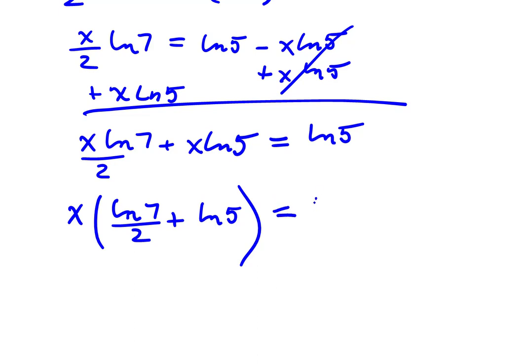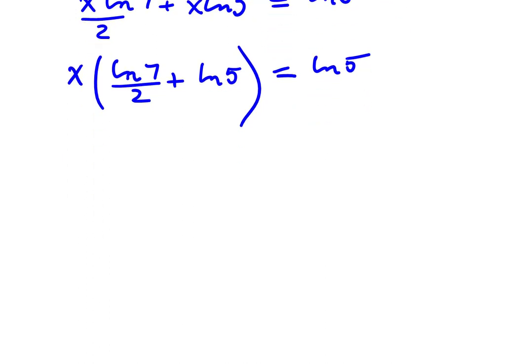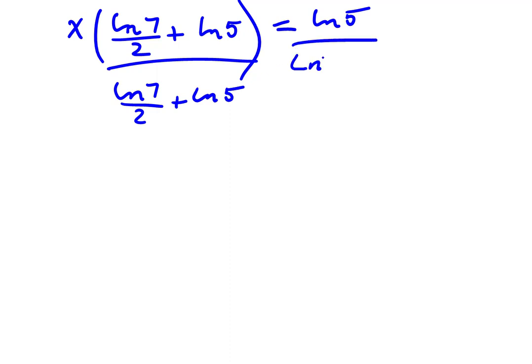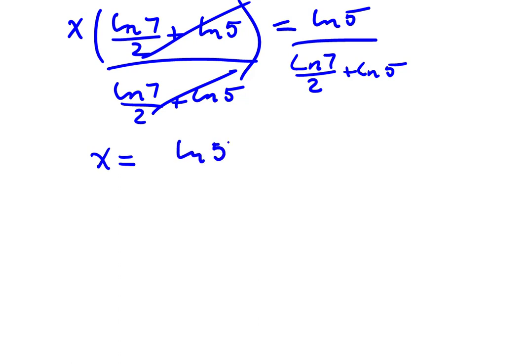That's all equal to the natural log of 5. Okay, we're on our way. Now we want x alone, and we could get that simply by dividing by this large ugly factor, if we may call it that. It's the natural log of 7 all over 2 here, plus the natural log of 5. We're going to divide by that on both sides, so that these cancel, leaving us with just an x on the left side. On the right side, we'll have the natural log of 5 in the numerator over this denominator,